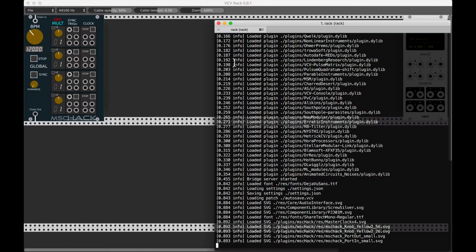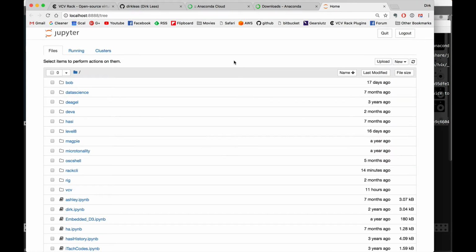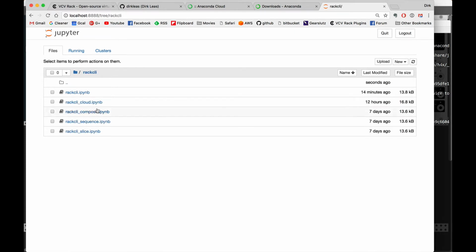I'm going to go back to the shell, create another window, and run my IPython notebook, because that's where I tend to do most of my hacking before I push it into something more production oriented. And here's what it looks like. It gives you kind of a folder interface. You can edit your code through the browser. I've got a folder for my Rack stuff, and I just wanted to open up